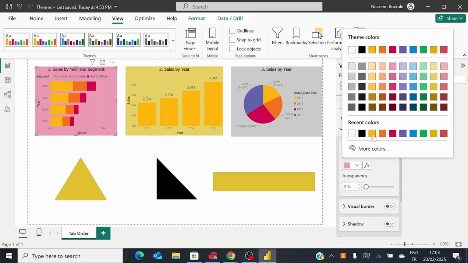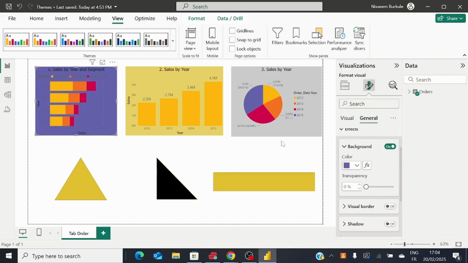So if you were to look at the bottom options of recent colors, you can just hover over the color and you will see its hex value. You can cross check it against the hex value that we looked up online. So this is how you can